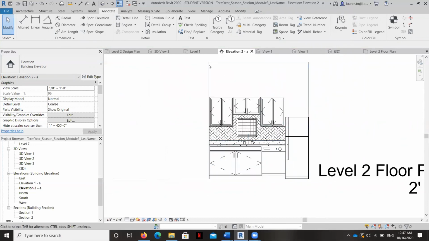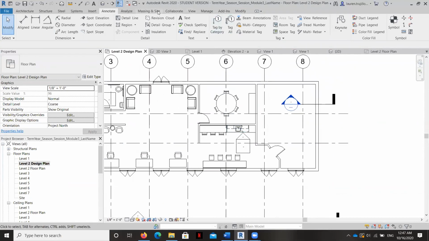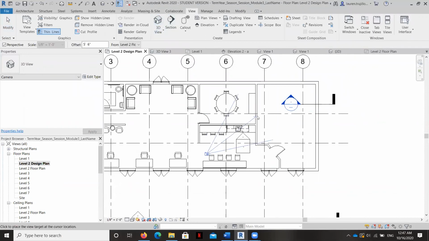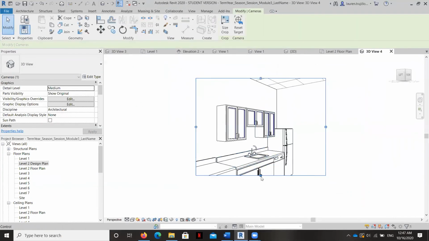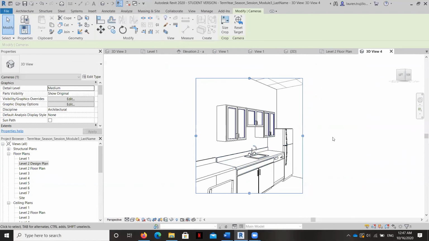But you're going to get a kick out of this. You'll see, if I go to my design plan and I take a camera view of this, do you think you will see? No backsplash. And that's because this is just a graphic representation to be shown in a set of construction documents. It has no effect on the actual geometry of this wall. In order to affect the geometry of the wall so that you'd see it in a view like this, you have to draw it in a different way.